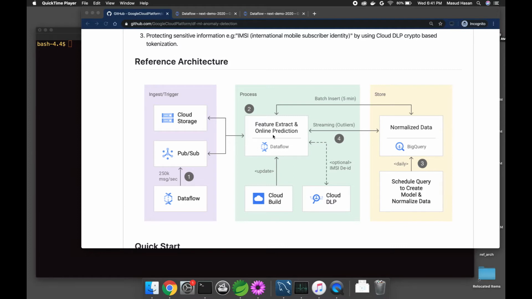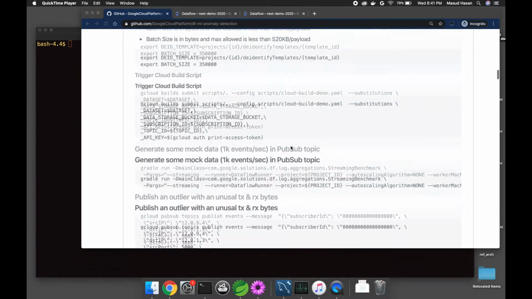Once the data is coming in, there are a couple of things going to happen. One is we have to validate if it's a correct JSON message, just a sanity check to make sure that it's not going to fail. And then we convert it to a data type called row, the Apache Beam row type. It's important that we do a transformation to a row type, because for the feature extraction portion, where we're going to do aggregation of data, it becomes really, really easy to do using this row type. So if you scroll down a little bit,